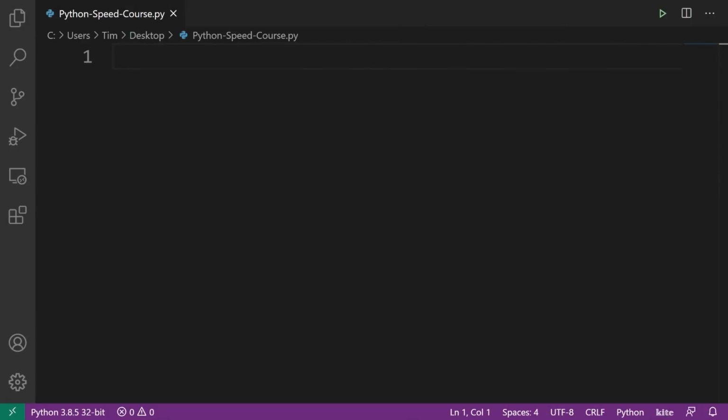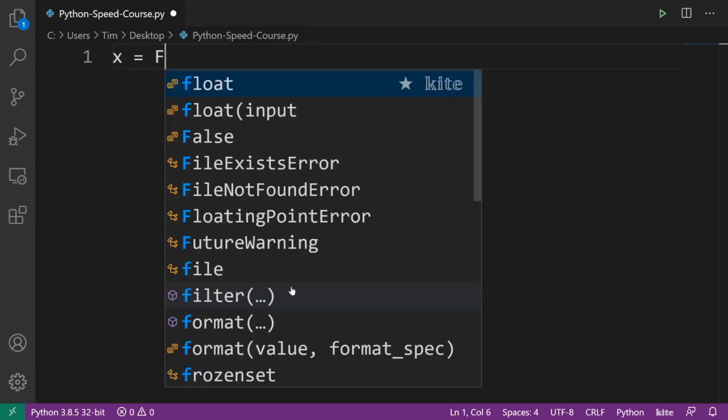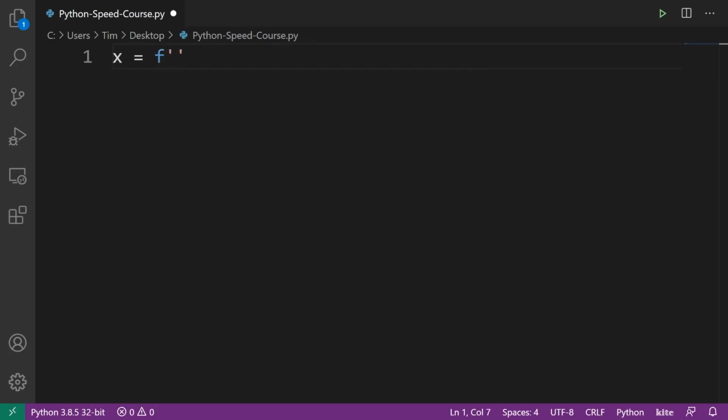And for our last and final topic, I'm going to be covering something called f-strings. Now, f-strings are new in Python 3.6. If you have any version lower than that, you are not going to be able to use f-strings, but they're a really cool way to actually just manipulate and create strings. So what I can do is do something like x equals, I can do a lowercase f or a capital F, it doesn't matter, and then a string. Notice that this will highlight, or maybe it'll be italicized depending on what editor you're using. And well, what you can do is type a string as you normally would, except now if you want to embed an